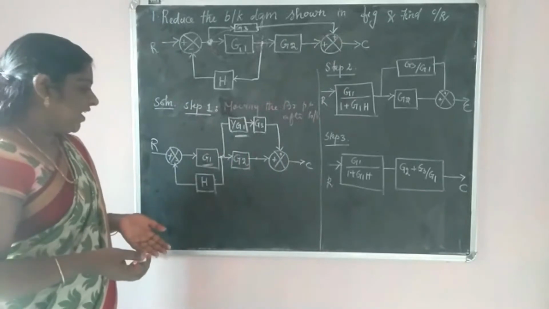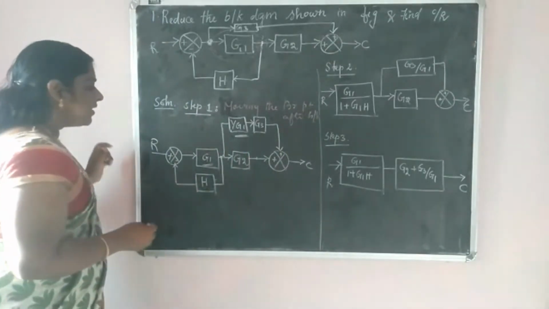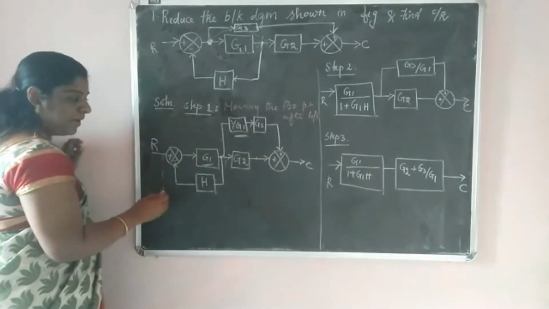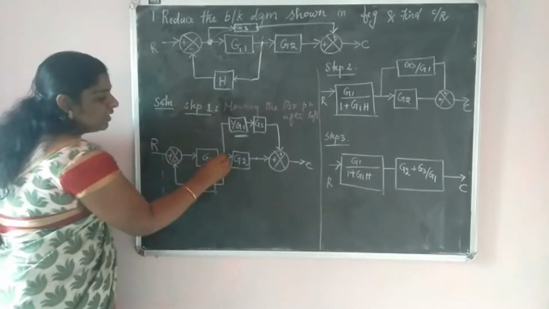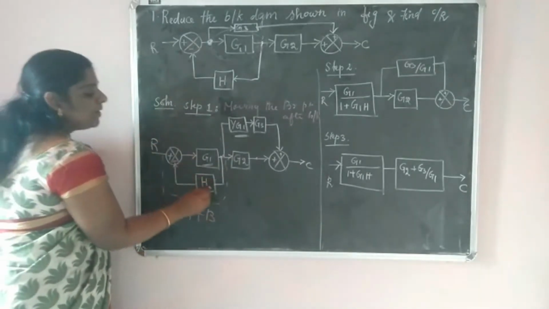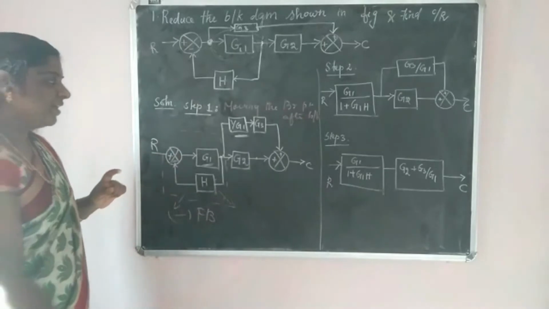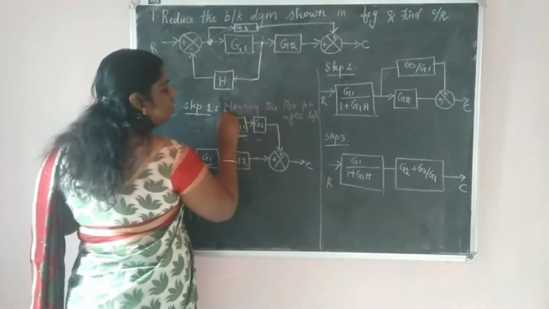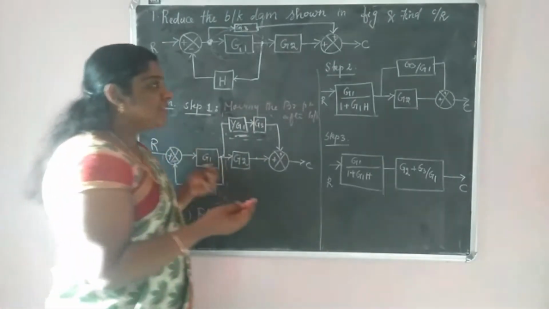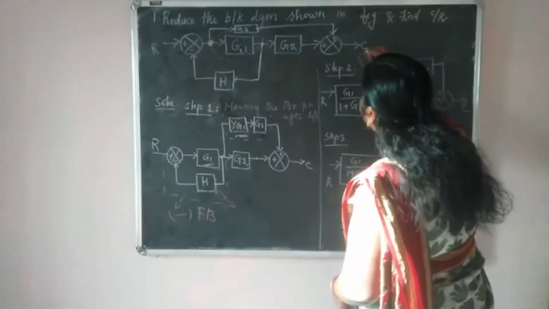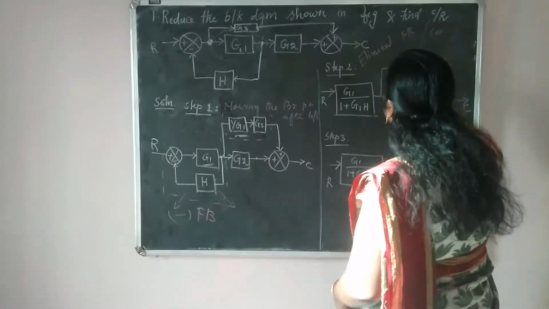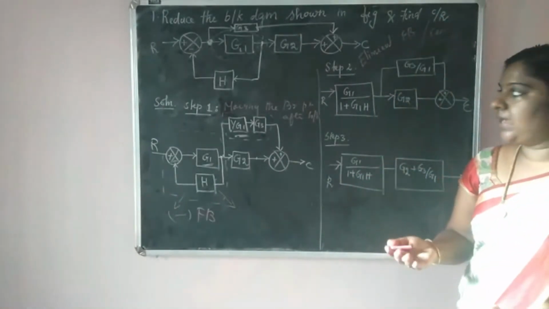Next we have to see what modification we can make. Here we have a feedback path. Here we have a negative symbol, and if the negative symbol is connected, then that type of feedback is called negative feedback. So we can eliminate this feedback path, the first condition. Next we have a series block, two blocks in cascade, so we can combine these two blocks. So in step 2, I am eliminating the feedback path and cascading this series block. I am combining the cascade block.